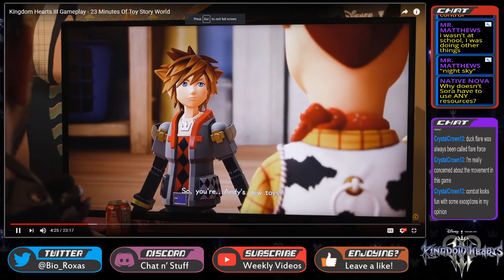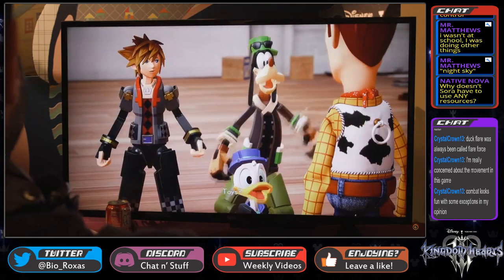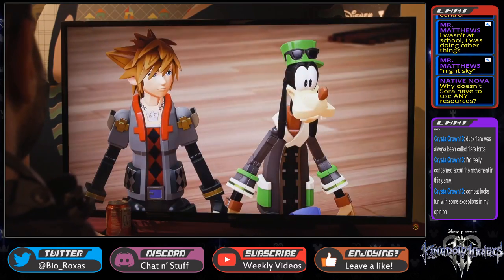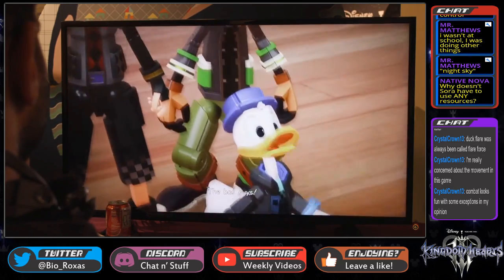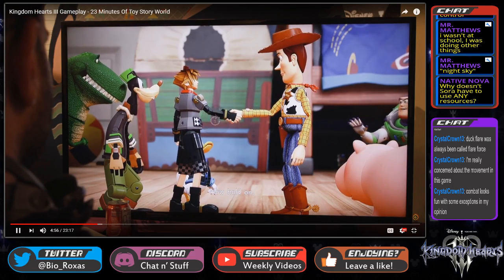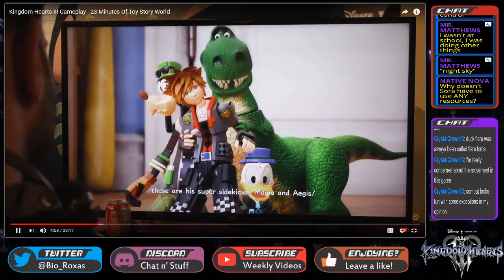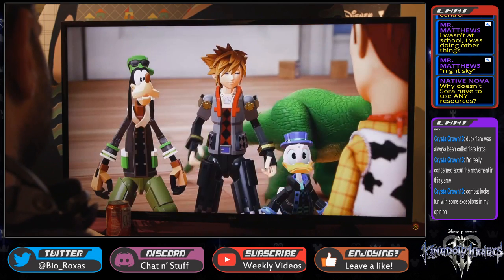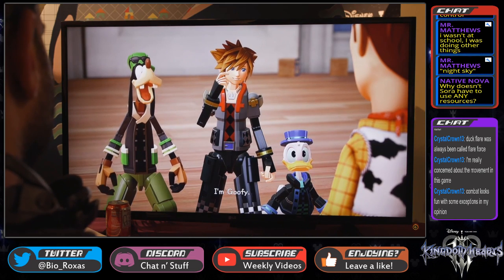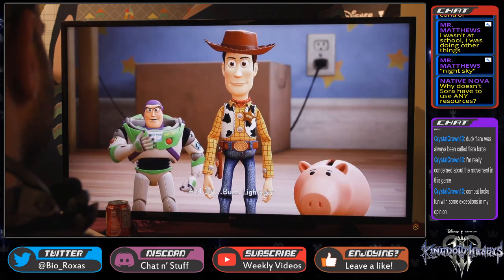So you're Andy's new toys? Toys? You sure did a number on those intruders. Those are the Heartless. Knew it. Actually, my name's Sora. Well, I'm Goofy. And I'm...